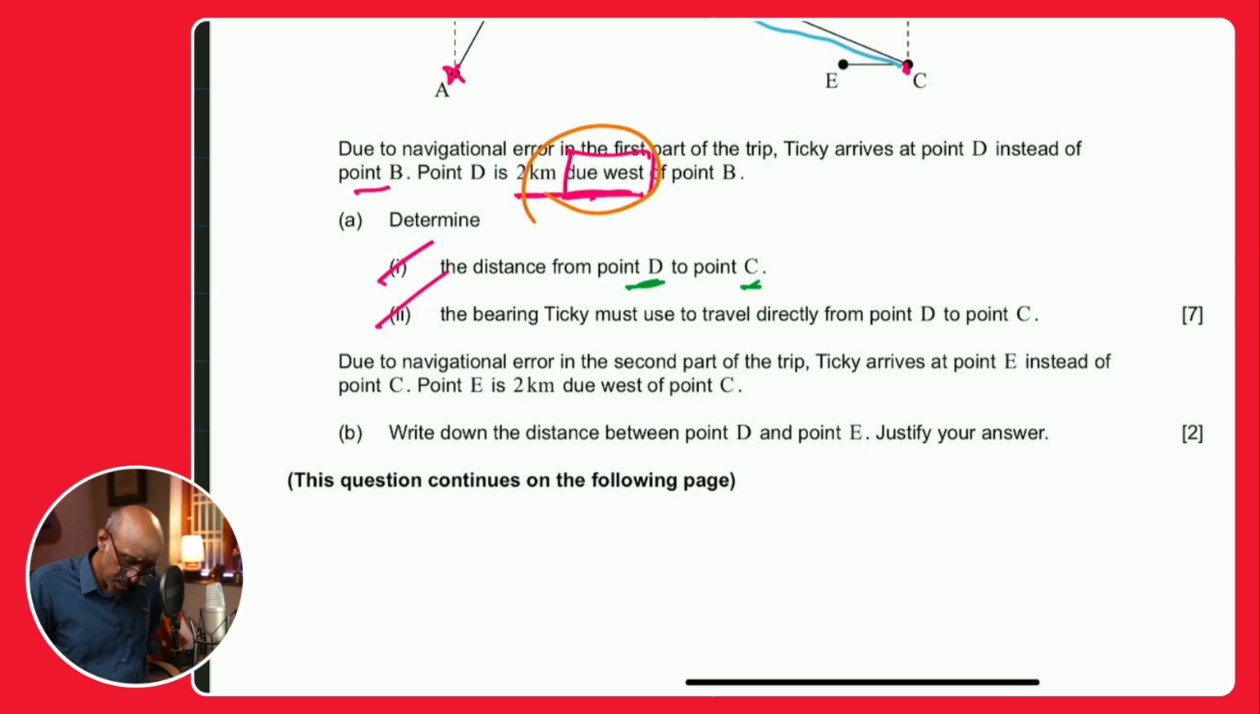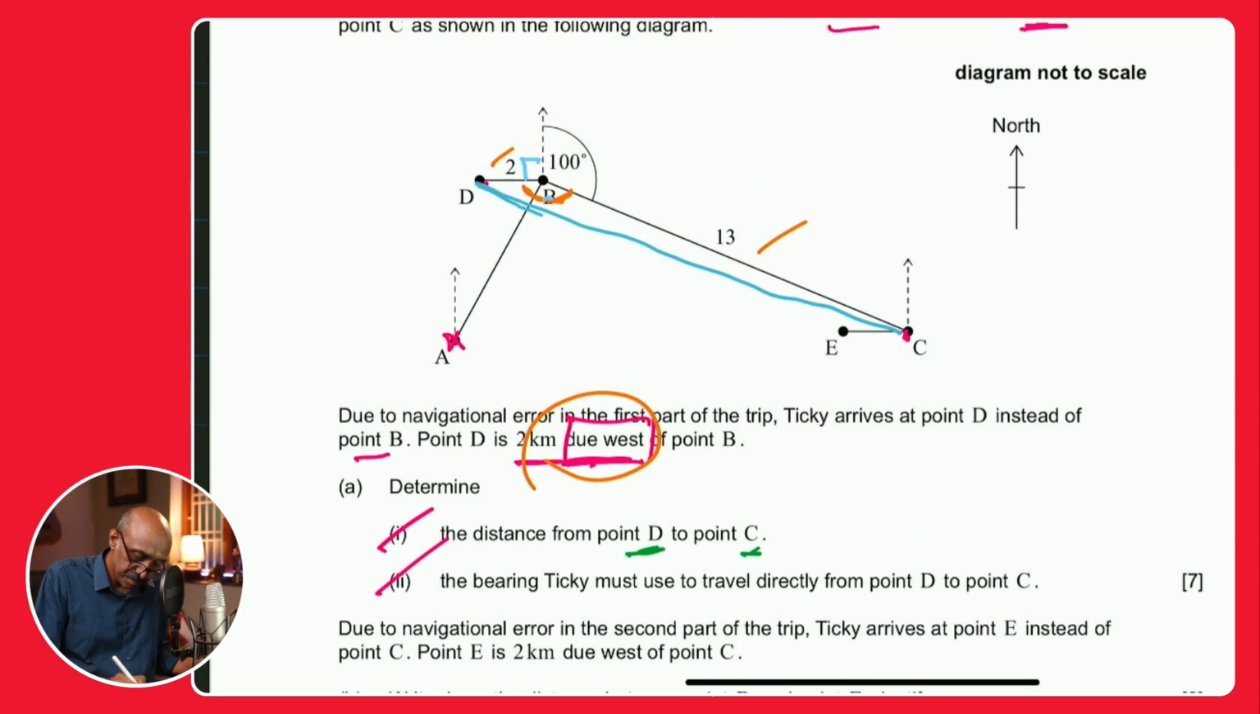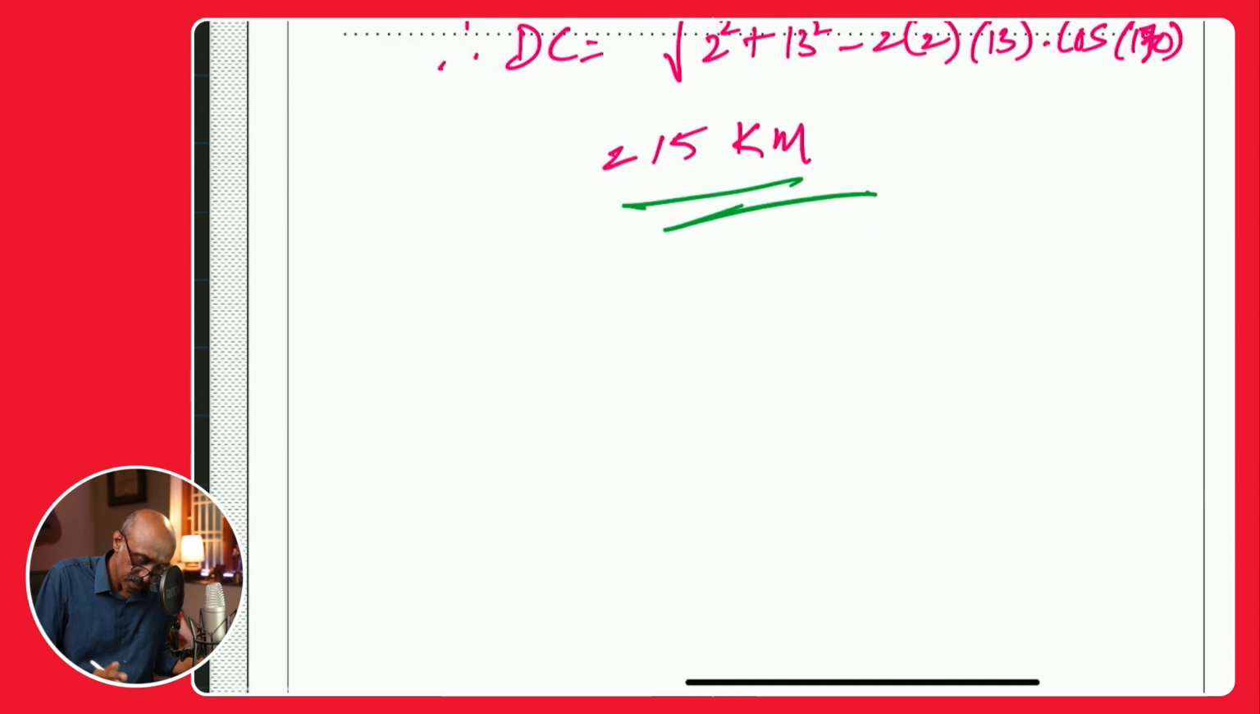Part 2 says the bearing Tiki must use. We are finding out the bearing Tiki must use to travel directly from D to C. Remember, bearing is measured from the north. From the north at D, this is the angle they are asking us, directly from D to C. What is the bearing? So you can write that down in the exact phrase: bearing